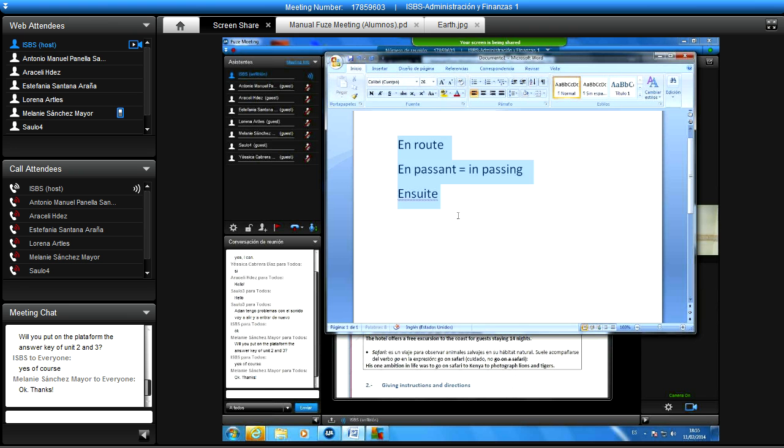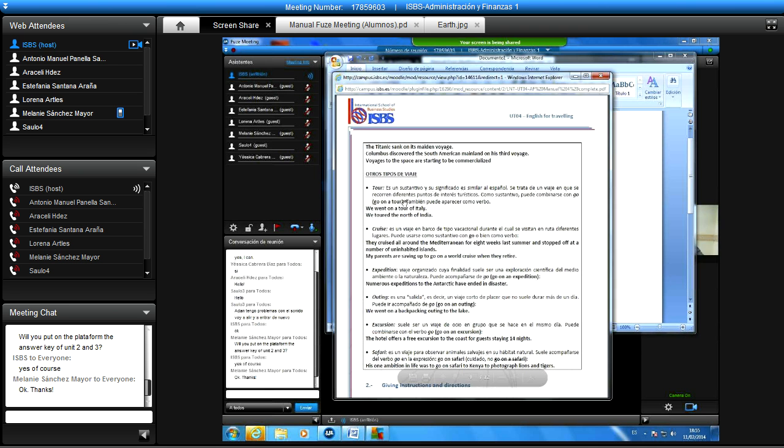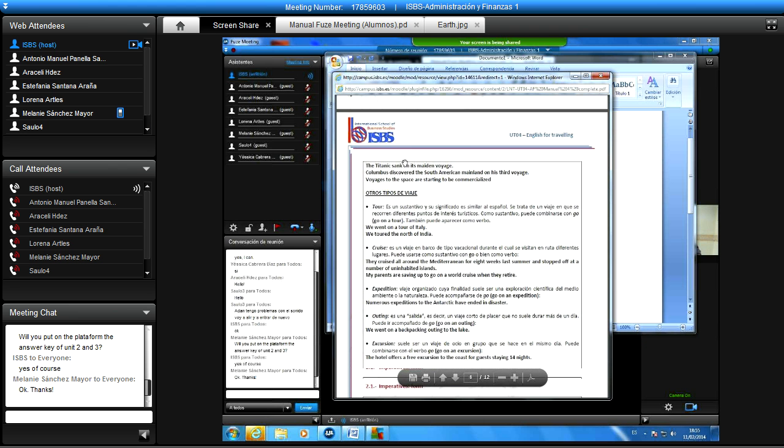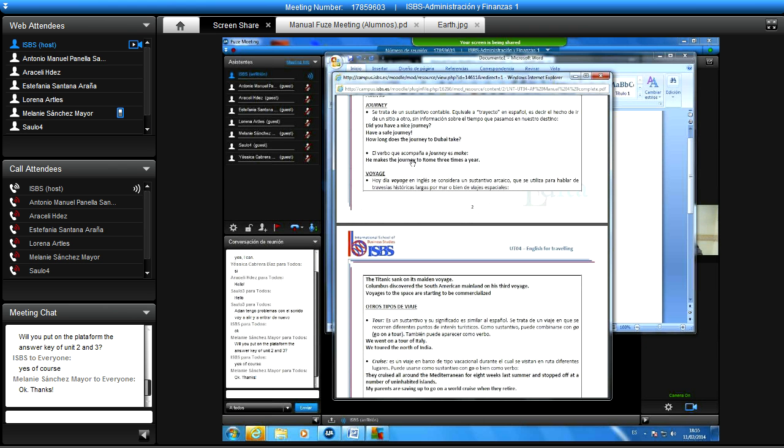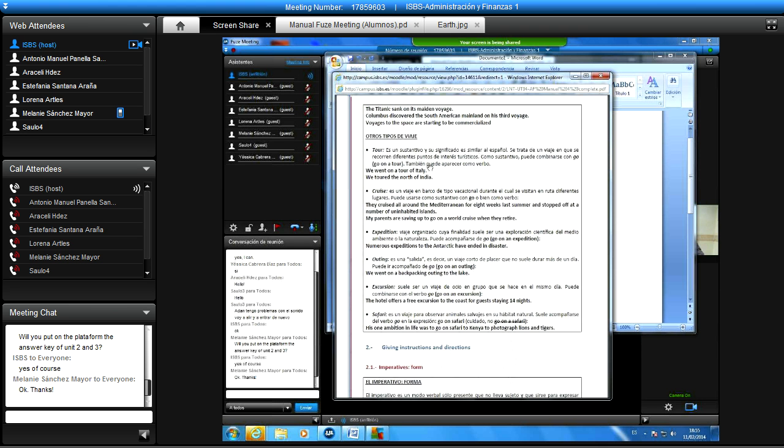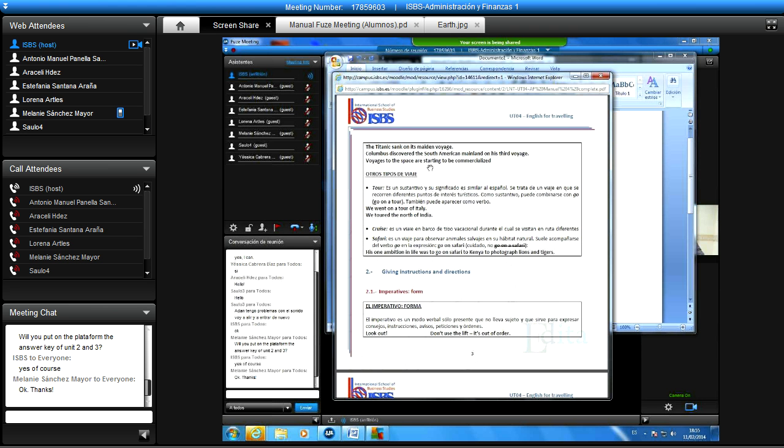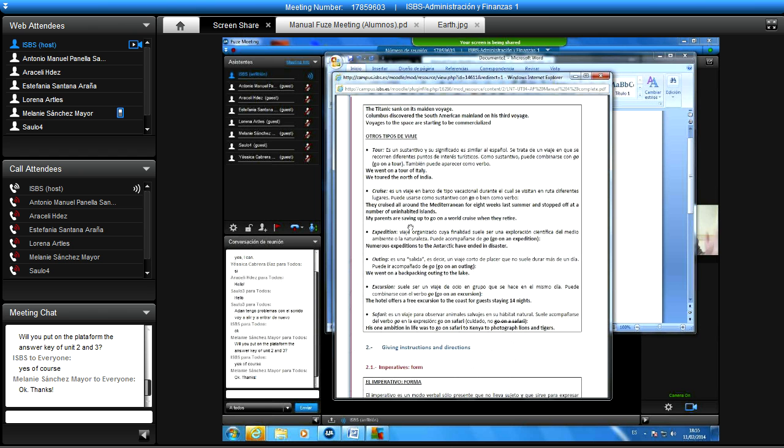So, are you clear about that? The voyage, journey, and etc. So, then we have in page number 3 del manual, you have other terms which are similar to Spanish, okay? So, for example, you have tour, which is like a tour around the city, like an itinerary. Normally, it's a city tour, okay? You visit all the tourist attractions and tourist sites.